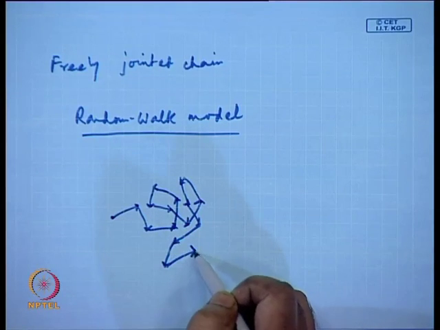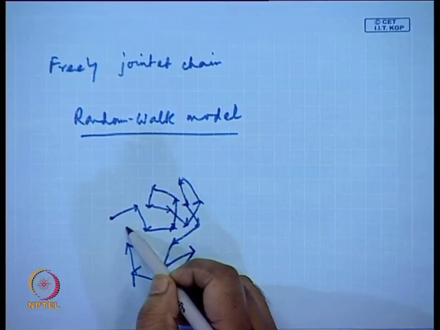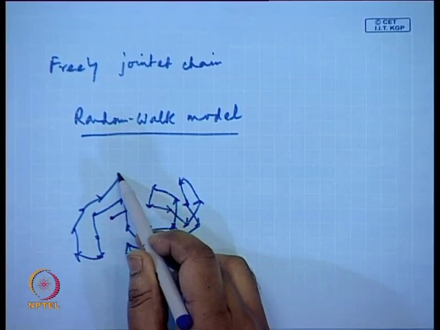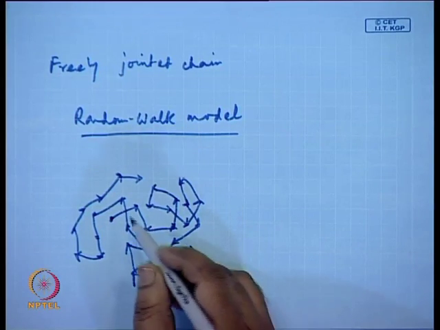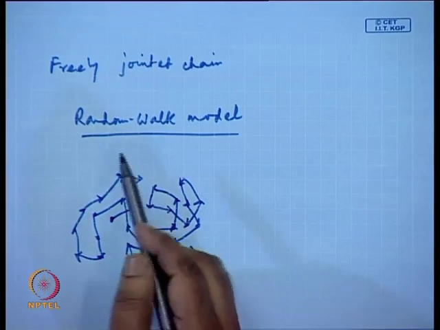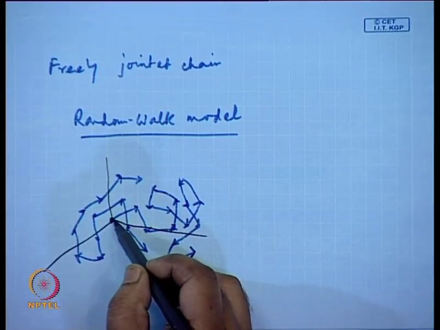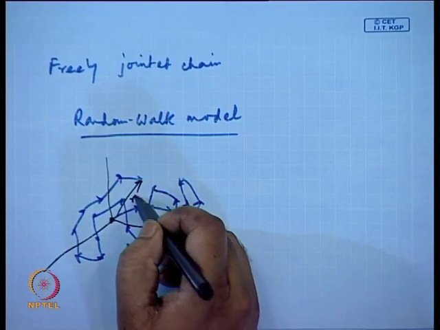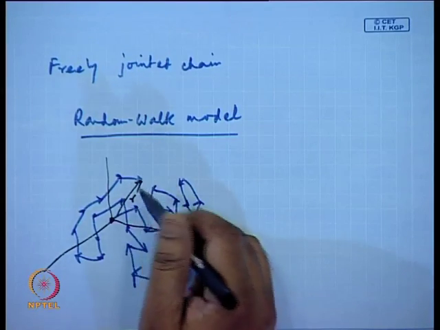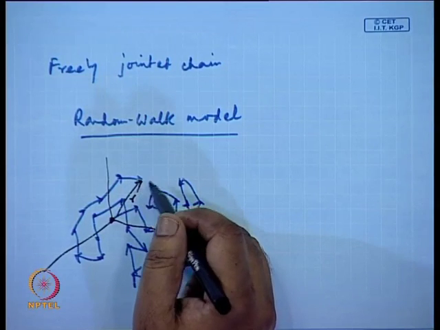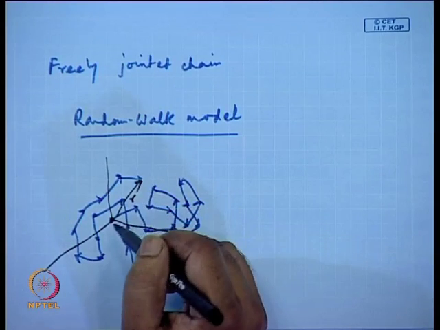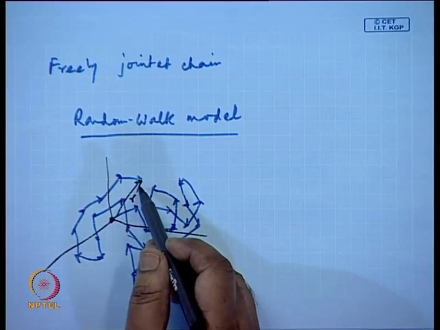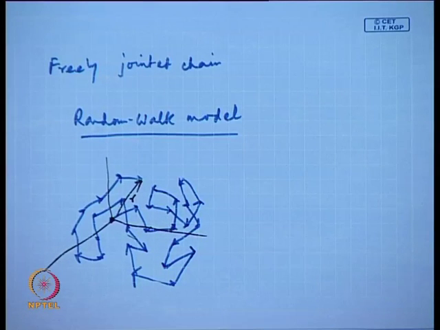I can continue in a random way. So, one end is here. What the model does is make a 3 dimensional coordinate system where one end is placed at the origin, and this is r. What is found is the probability of the other end being at a distance r from the origin. The way this model works is that you put one chain end at the origin of a 3D coordinate system and find out what is the probability that the other chain end would be at a distance r from